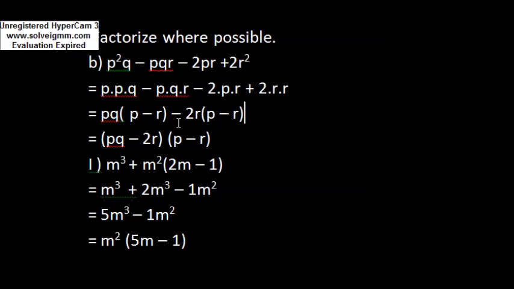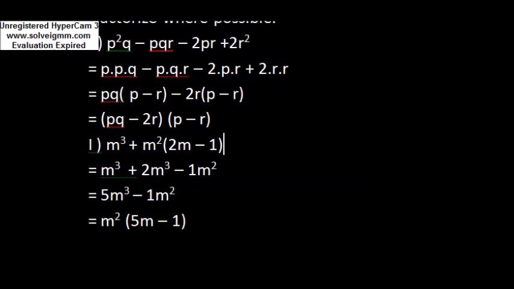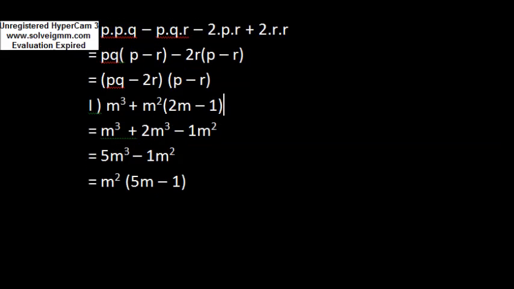Okay, now in the next step again P minus R is common, so you write it only one time, because P minus R is in the first term and P minus R is also in the second term. So P minus R is common, and then the second factor is PQ minus 2R. Now, next part,